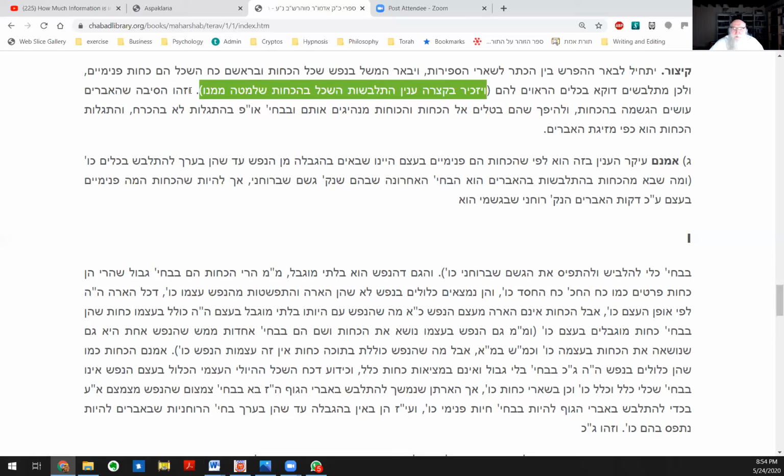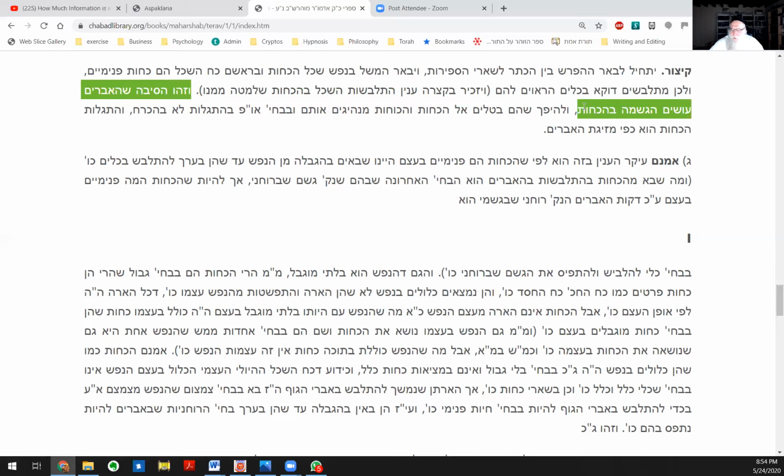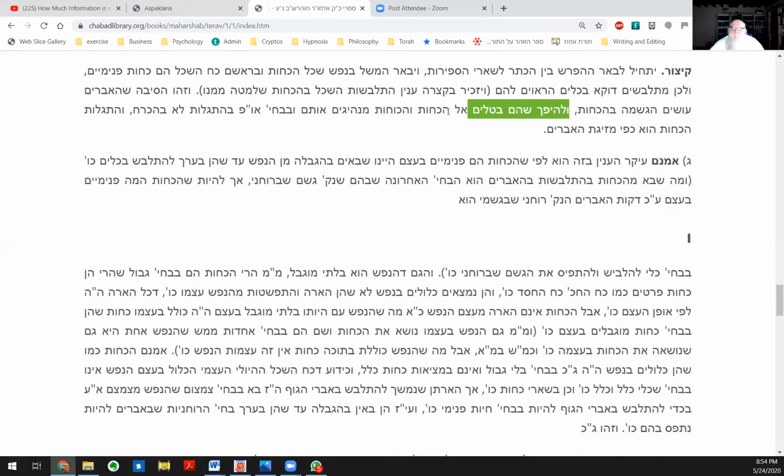V'zeu hasiba she'ha'ivorim oisim hakshoma b'hakoichos. So that's the inyan that Eliezer just spoke about: every koyach of the nefesh that's melubash in a kli, there's a hakshoma of the koyach. In other words, the koyach becomes a little bit less refined and a little bit less sensitive to inyonim of elokus. It becomes more coarse by being melubash in a kli. And the opposite is also true, al-haipech. Even though it becomes less refined when it becomes melubash in a kli, nevertheless, la-haipech,